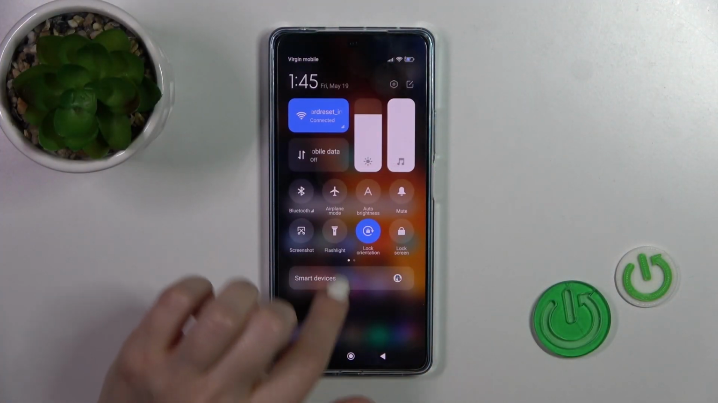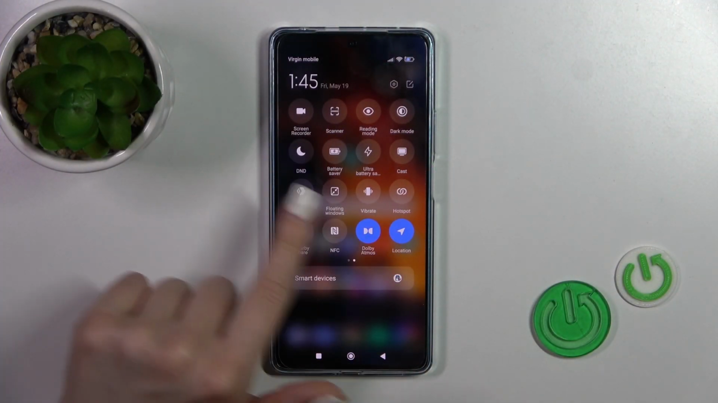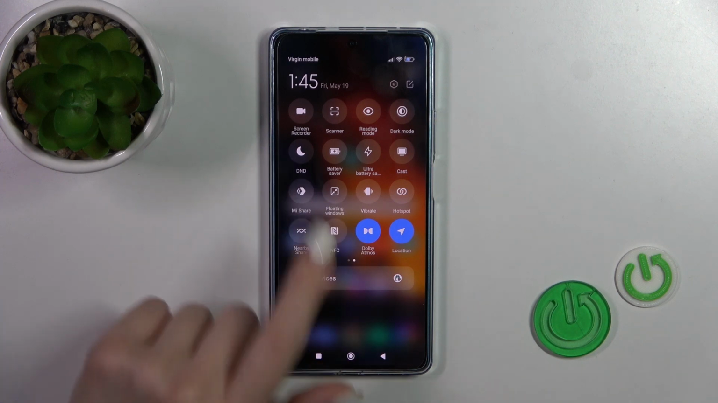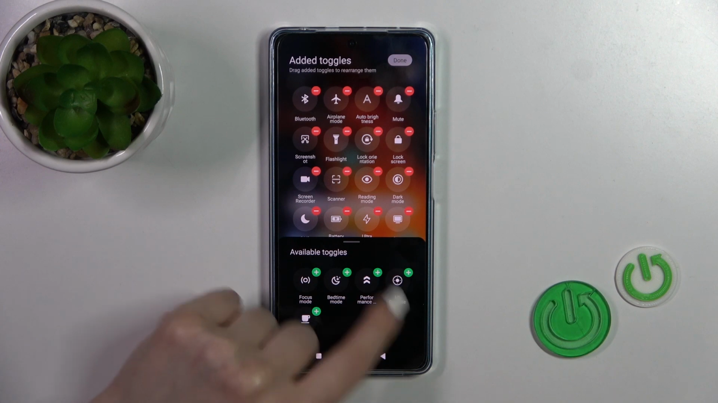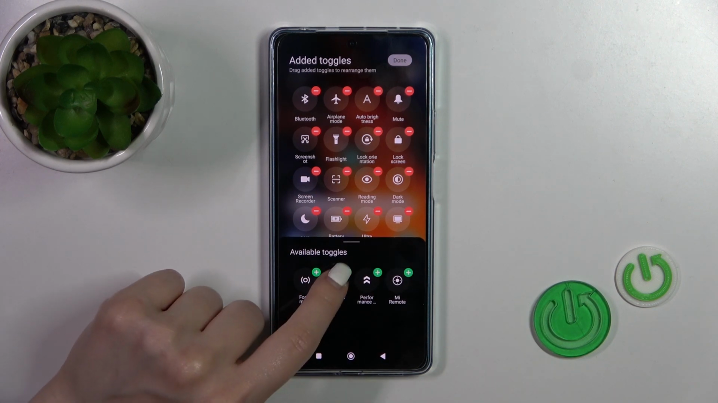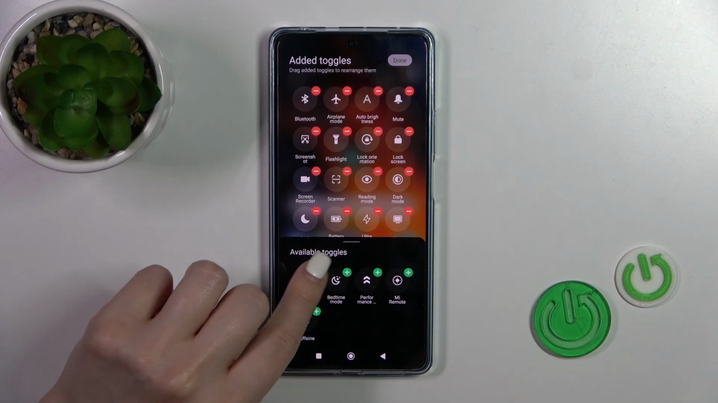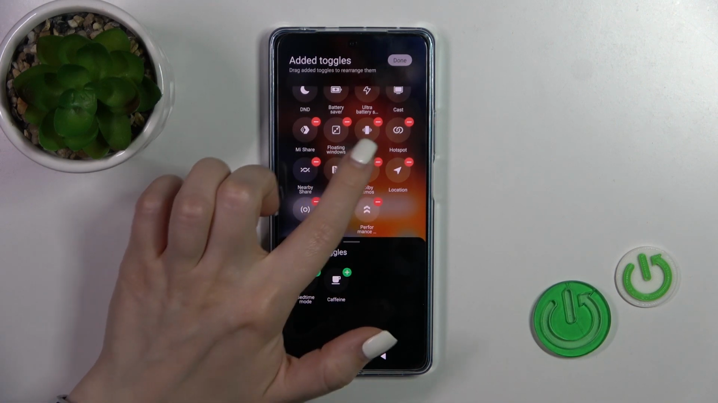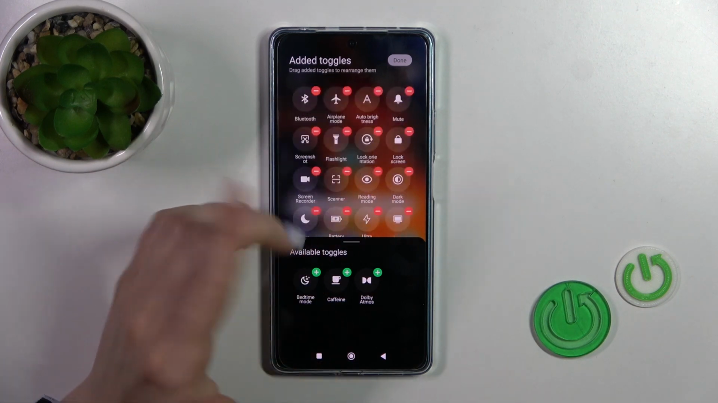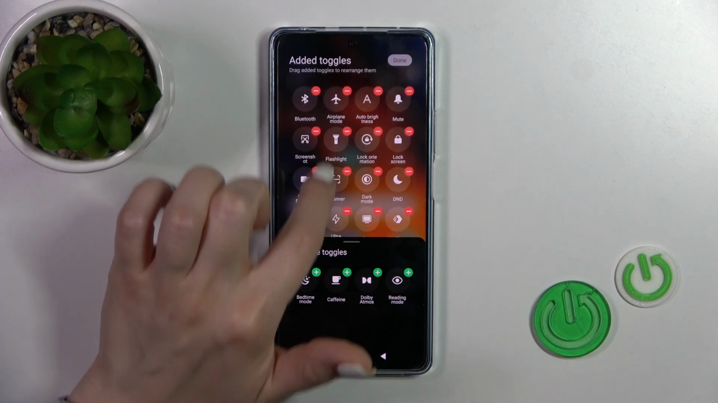So if you wanna add some options or remove some of them or just change the positions of the icons on the panel, you should tap this edit icon and here you will see this down section with invisible options. To add them to your panel, you should click each of these green pluses to add them. To remove the icons from the panel the same way, you should click on each of the